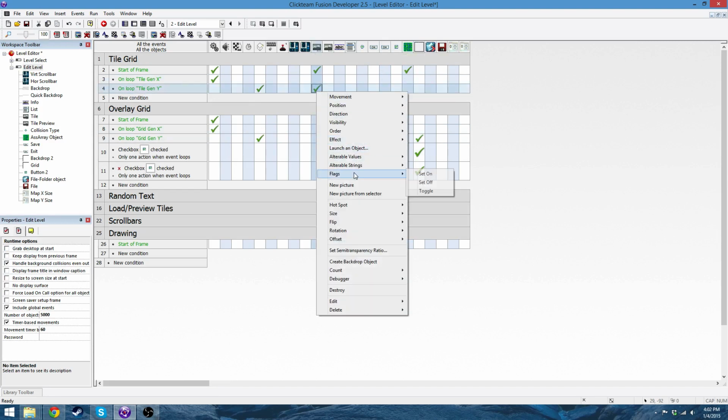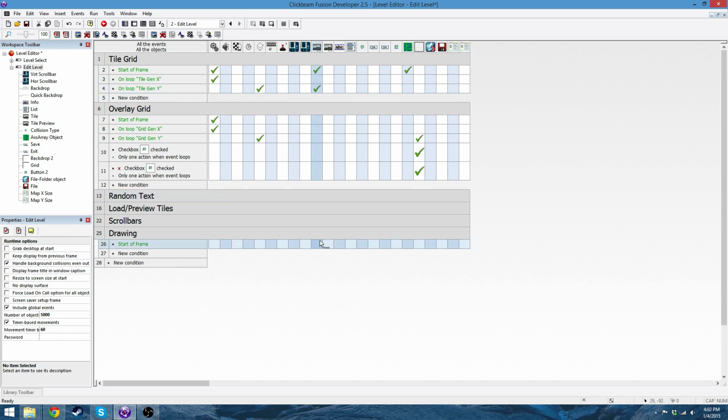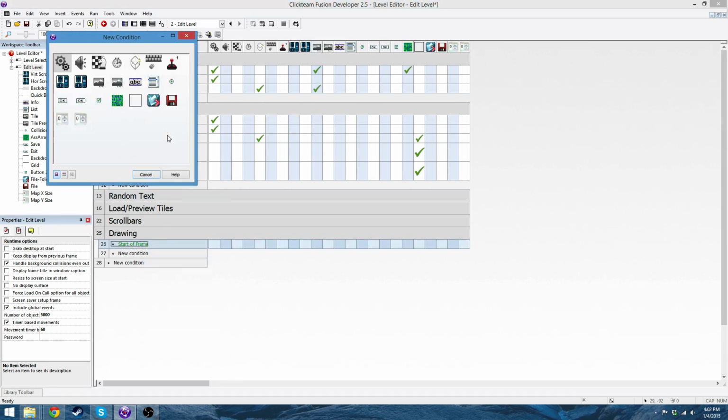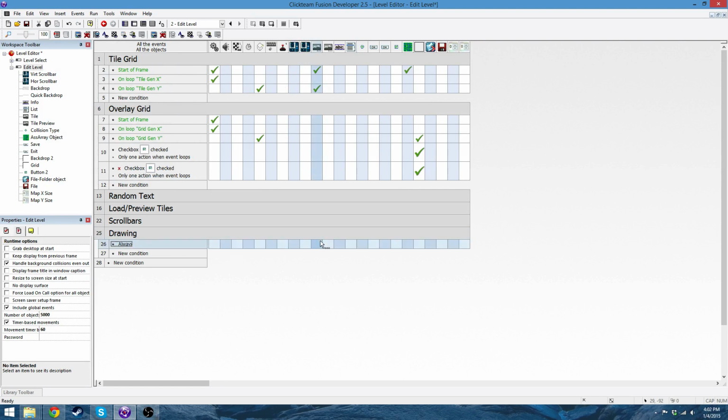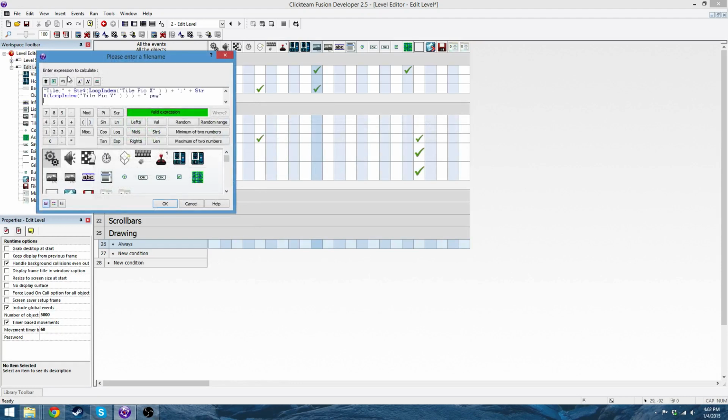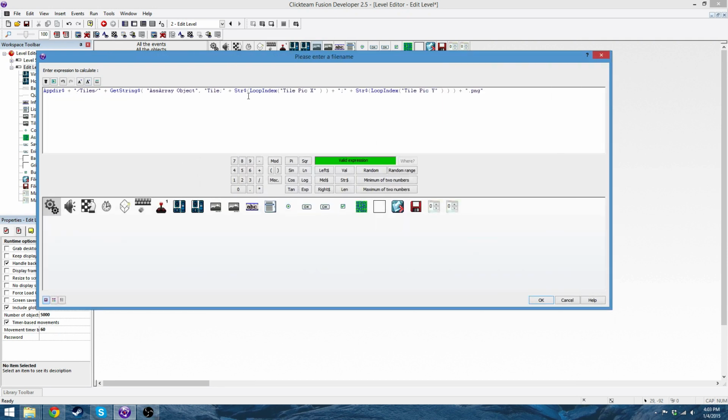Oh yeah, and we also have to do, I'm going to just really quickly do underdrawing always tile new picture, and then just use expression, paste what you have from before. That's not correct. Paste what you have from before, so you'll have all this stuff. Let me make this bigger. You'll have all this stuff. Get rid of that and get rid of this. So you have two strings, and then do